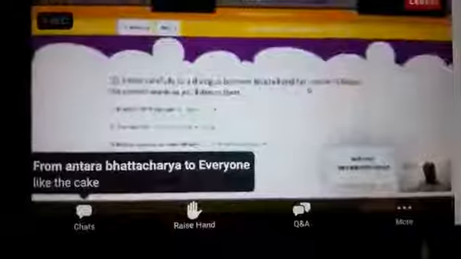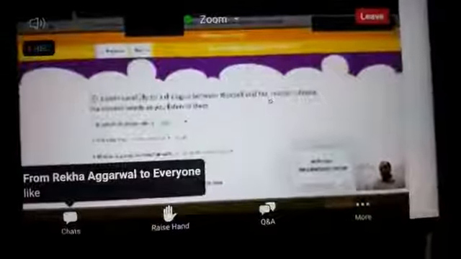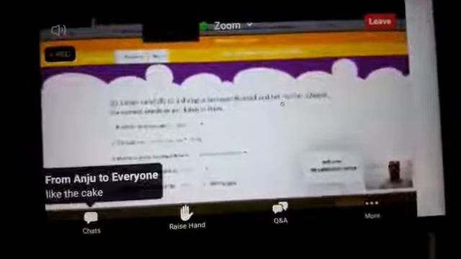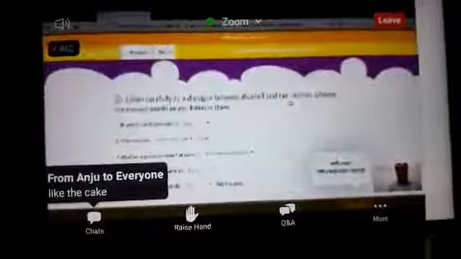So these are the ways in which you can interact with your children. You can increase and enhance their curiosity to learn something new, and you can effectively and wonderfully take your online classes. I'm sure you are taking it wonderfully. Schools are closed, schooling is not, because of all of you, and you're doing a fantastic job.